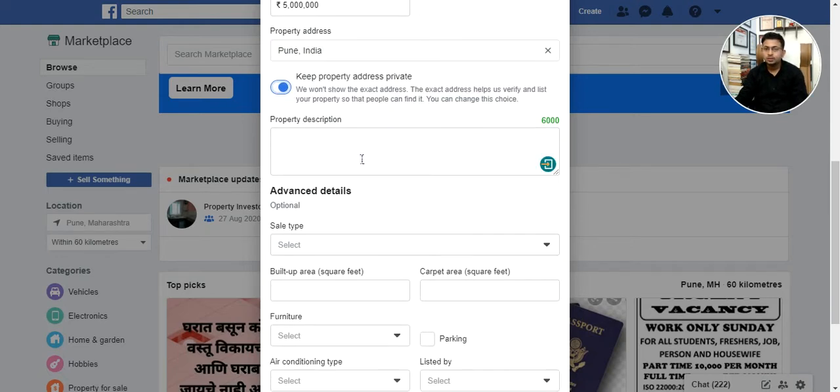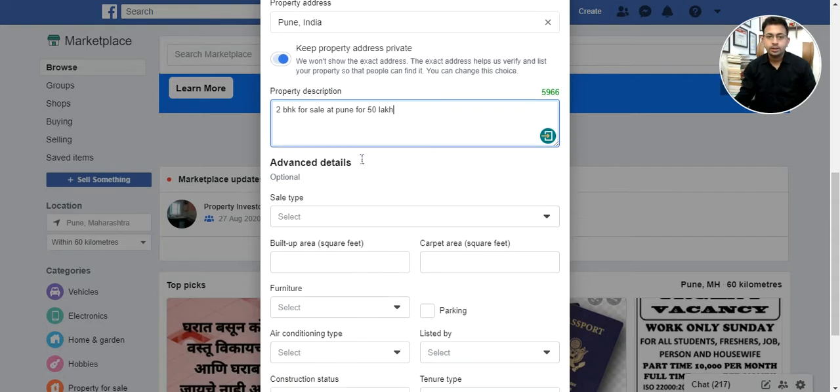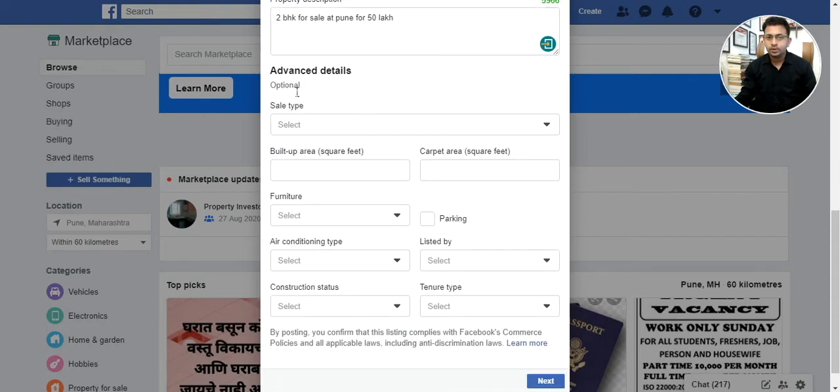And for the property description, I'll type 2 BHK for sale at Pune for 50 lakh. Okay, let me go with the advanced details.